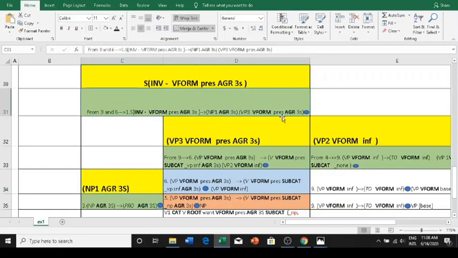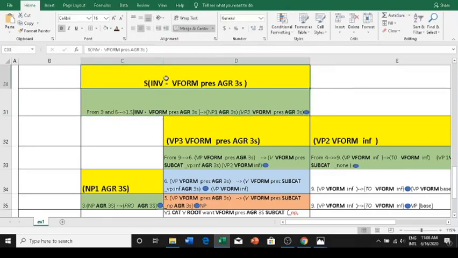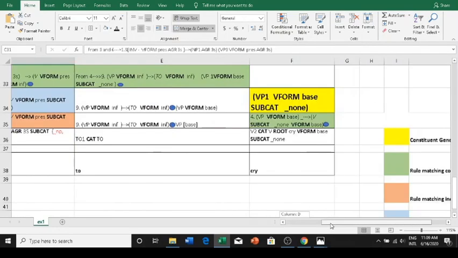We indicate that using a dot, and we have got the left side as a perfect constituent. So we will see what the left side has. The V form value is present tense, because it was a head feature, and AGR is 3s, because again it was a head feature. So we have a sentence in present tense and third person singular. Again, this is not inverted, and the inversion feature is negative, which was already set for this production. So this is how we will use augmented grammar to do a sample parse.